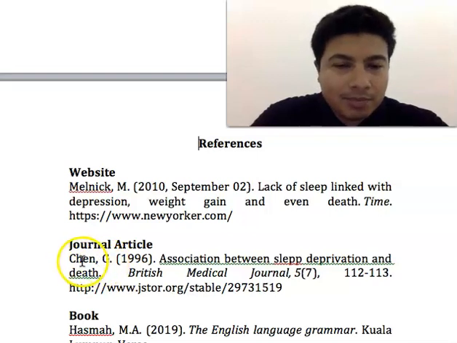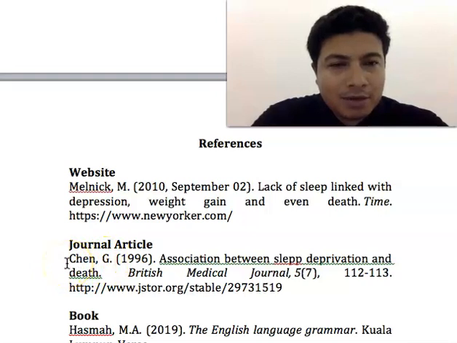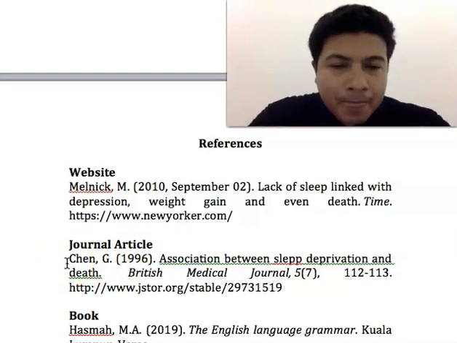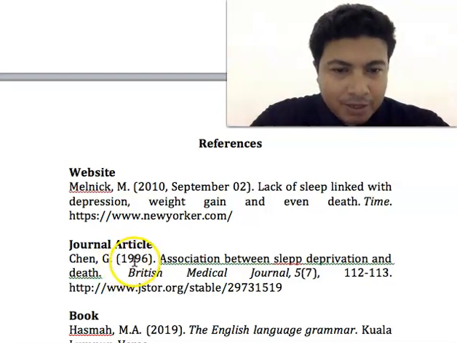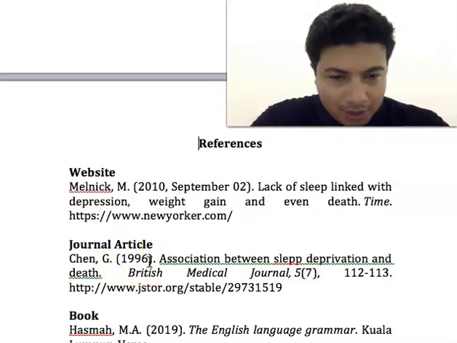So this is Chen Go. So a Chinese name, the surname is in front of the first name. The surname, comma, the name of that person. Let's say the name is Go. So you could just simply put G dot, and then in bracket the year the article was published, close bracket,